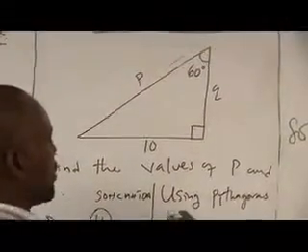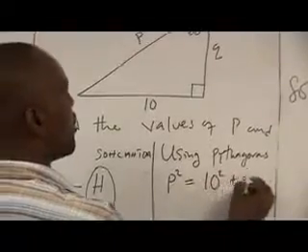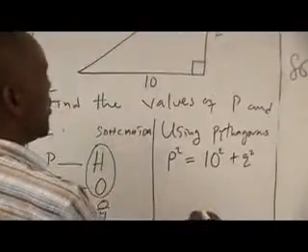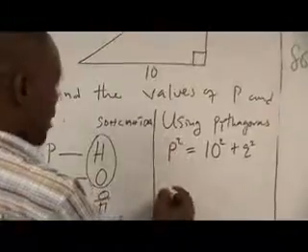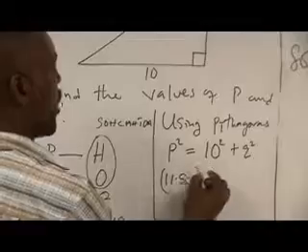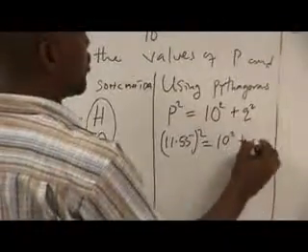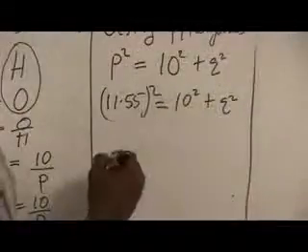So we say, Pythagoras states that what? The square of the hypotenuse, P squared, is equal to 10 squared plus Q squared. What's P squared? P is 11.55 all squared, equal to 10 squared plus Q squared. That gives us